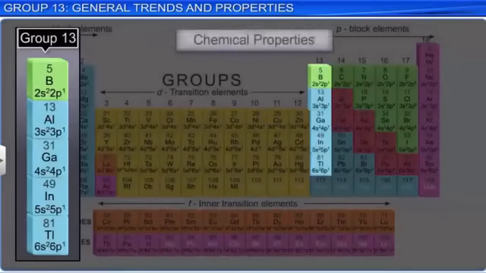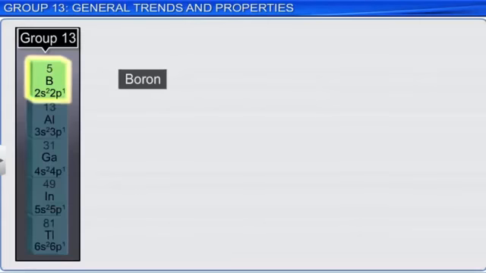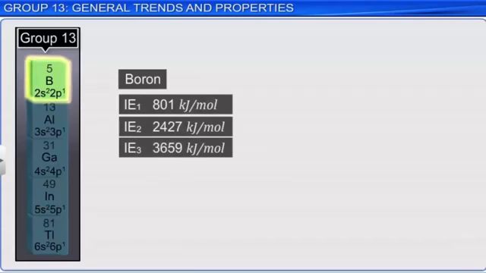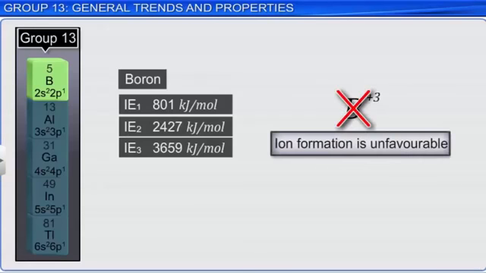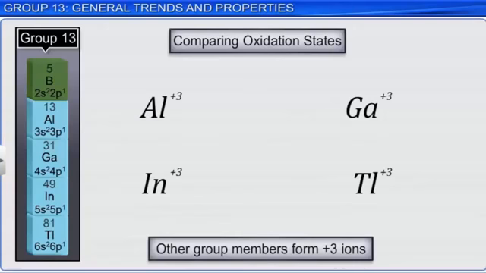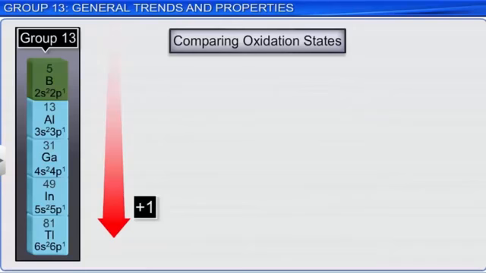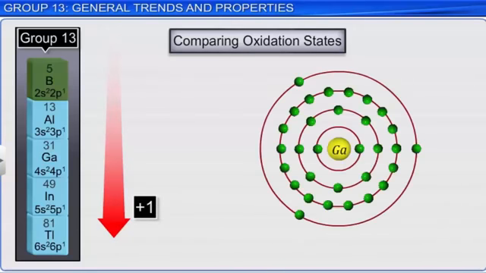Let's turn our attention to the chemical properties of the elements in group 13. With its small size and the high sum of its first 3 ionization energies, boron forms only covalent compounds. The formation of a +3 ion is unfavorable. The other members of the family, which are all metals, form +3 cations. Down the column, +1 ions become more stable. This is due to the outermost s electrons being held more tightly, and so only the electron in the outermost